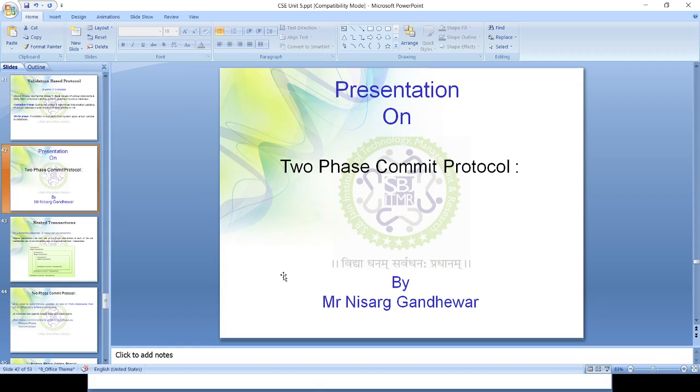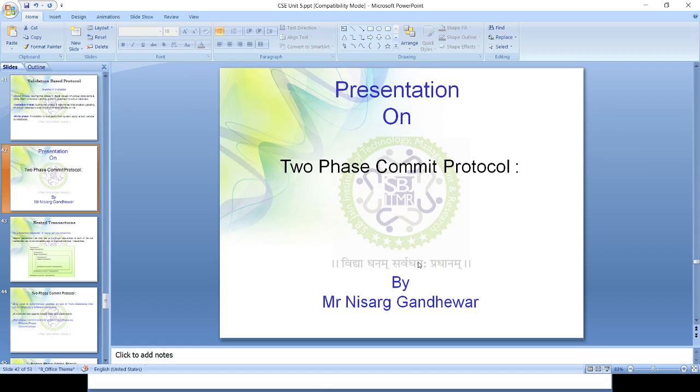Two-phase locking protocol helps in concurrency, and concurrency is used for concurrent execution of transactions. If we talk about the nesting of transactions, that means transactions are present in a particular hierarchy. One transaction is present inside another transaction. So at that time you have to make use of the concept of two-phase commit protocol. So you should be very clear about these two types of protocol: two-phase locking protocol and two-phase